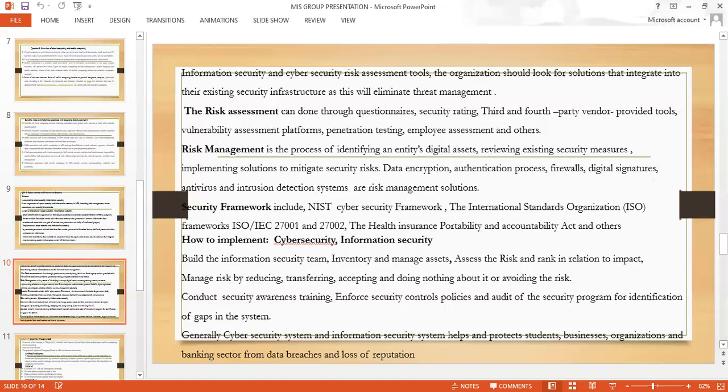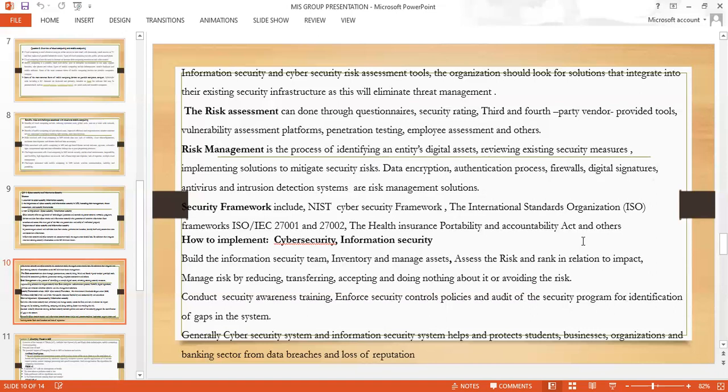The fourth part was on security frameworks. Among the security frameworks are mainly guidelines which are put in place for people who use security, or the security experts, to follow. Among them, there is the Health Insurance Portability and Accountability Act. Then there is the NIST Cyber Framework. There are others, but because of time,